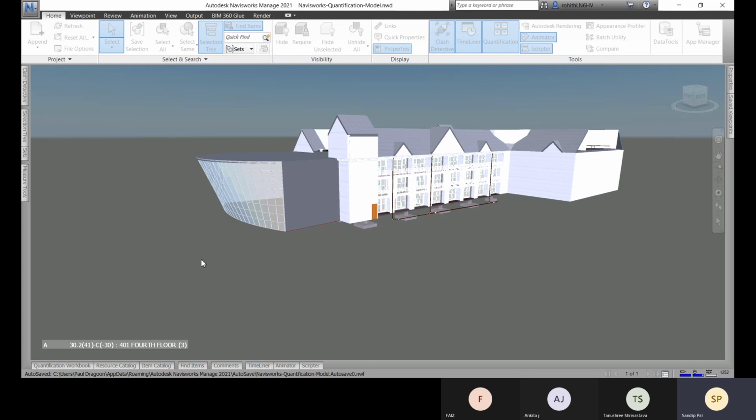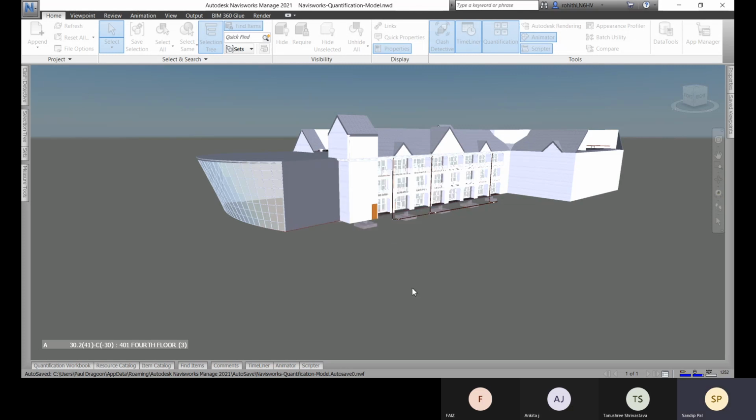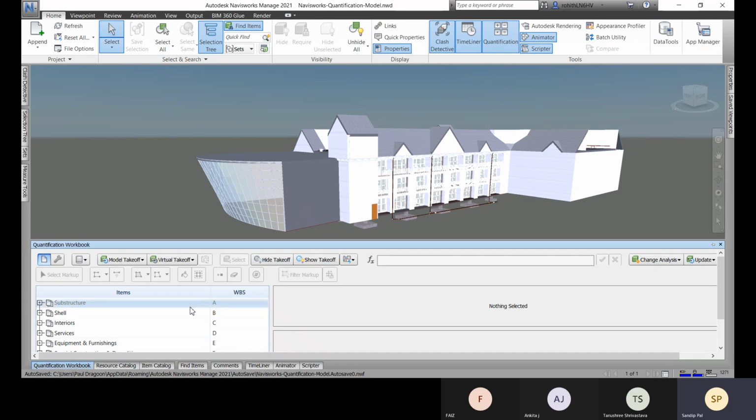If you need these, check all of them, and then go for next. It's asking this, so go for yes, then go to finish, and you will have your workbook.